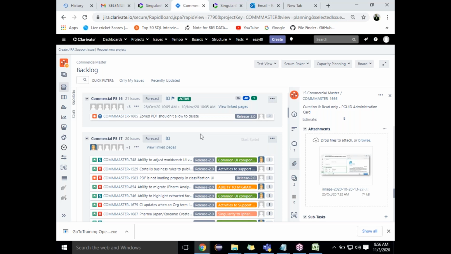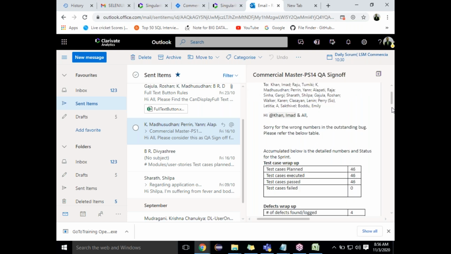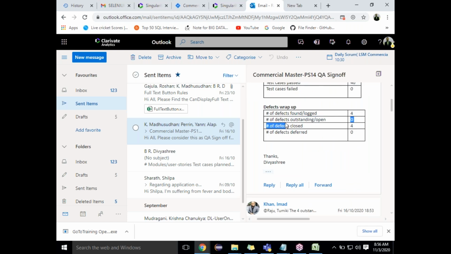Okay, but so when will you give QA sign off? Only after testing it. No, it doesn't mean that. See, there are multiple ways. It is not like all the bugs are completed. You raise a bug, the fix has not happened, the sprint date is completed, so you will give a sign off mentioning that there are outstanding, open bugs. You have to mention why these bugs are still open. For example, there is some environment issue that has not been fixed for many days. You have to mention the name. So you understood now?